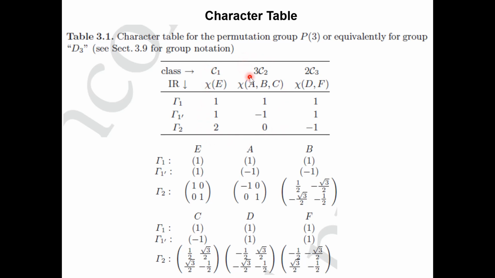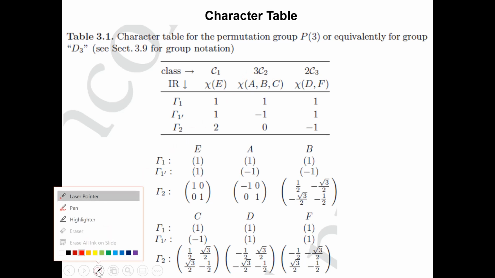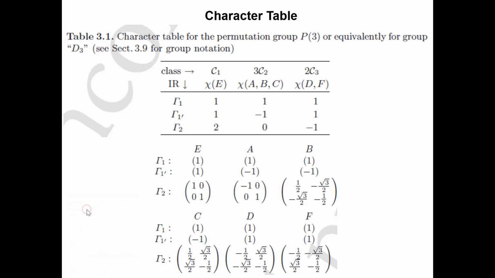Then we had the 3C2, which means we had three symmetry axes with twofold rotation symmetry. Let me draw it again. If you remember, we had our triangle,